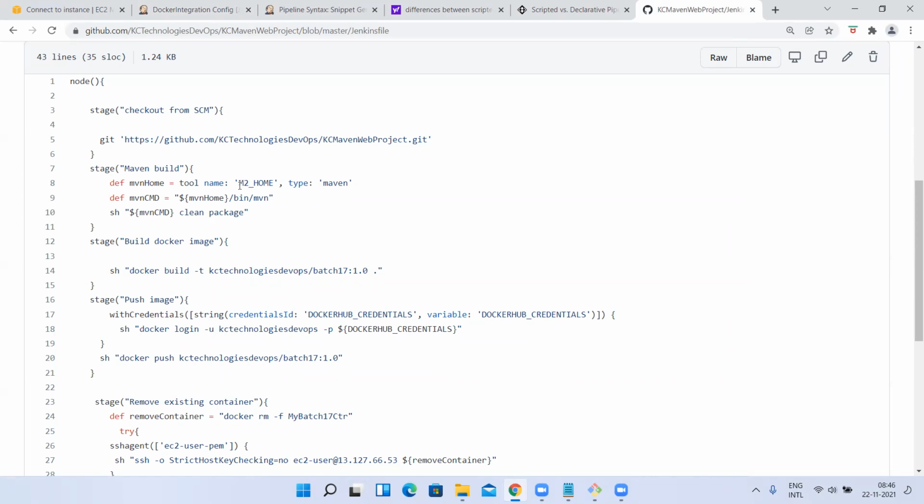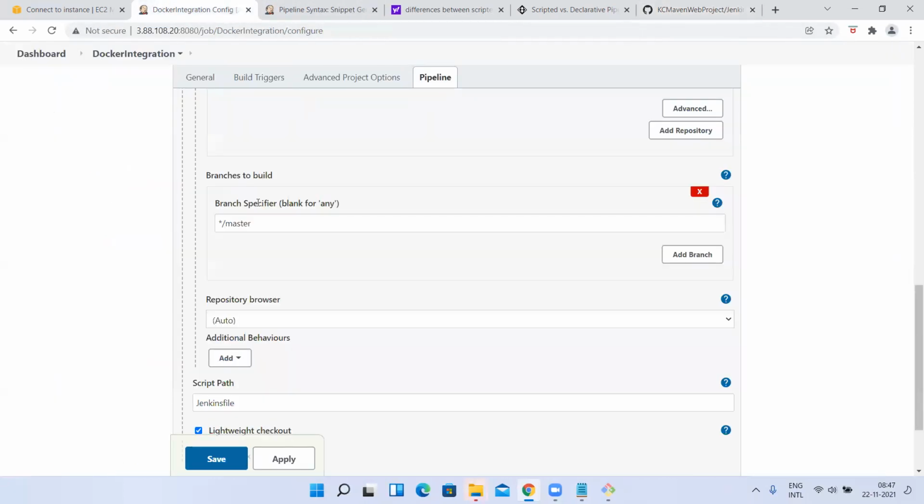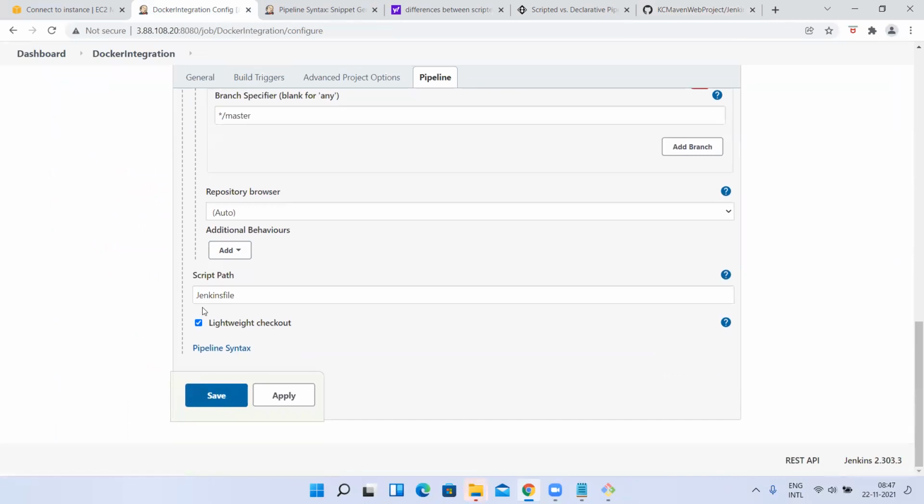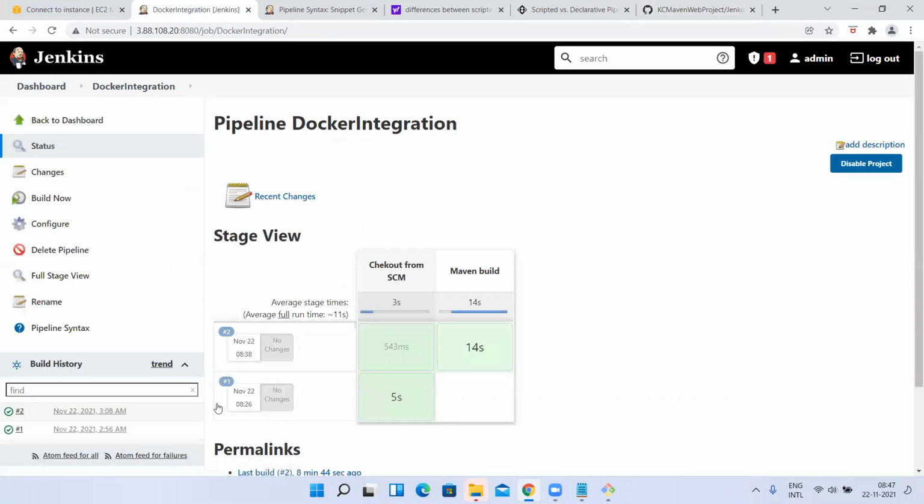For example, I want to change from Maven 2 home to Maven 3 home. You don't need to log into your Jenkins, go to this script, the Jenkins job, and modify it. No need to do that. As a developer, you can modify it and commit it. So when this job gets triggered, it will read the Jenkins file, in which it is modified from M2 home to M3, and it will trigger that. There are other benefits also; we'll see that later. Have you understood so far, guys?